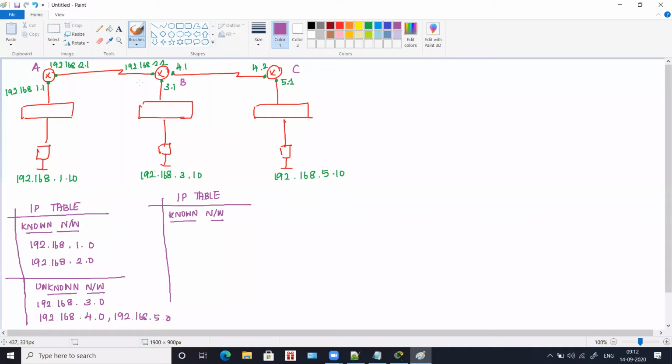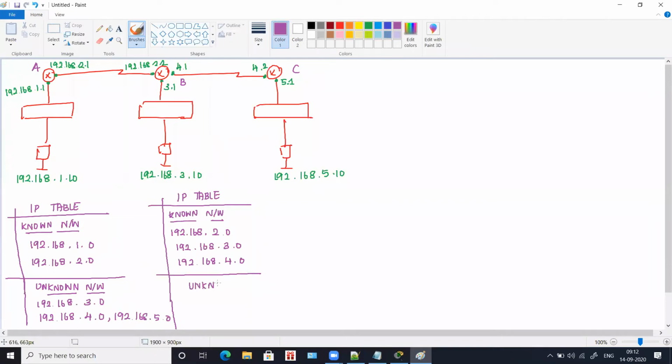So for router B there are three known networks: 2.0, 3.0, and 4.0. That is 192.168.2.0, 192.168.3.0, and 192.168.4.0. This is the known network for router B.